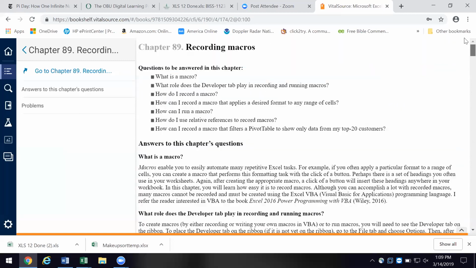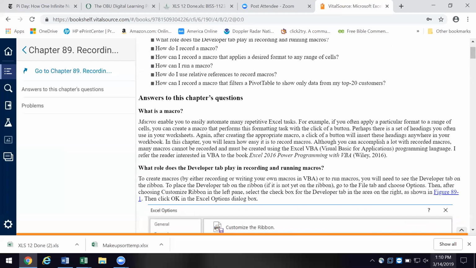The thing about this is it's easy. It's kind of a different take on Excel, kind of a fun thing to mess with. But again, if you were put into a situation where you really needed to be able to automate, you can